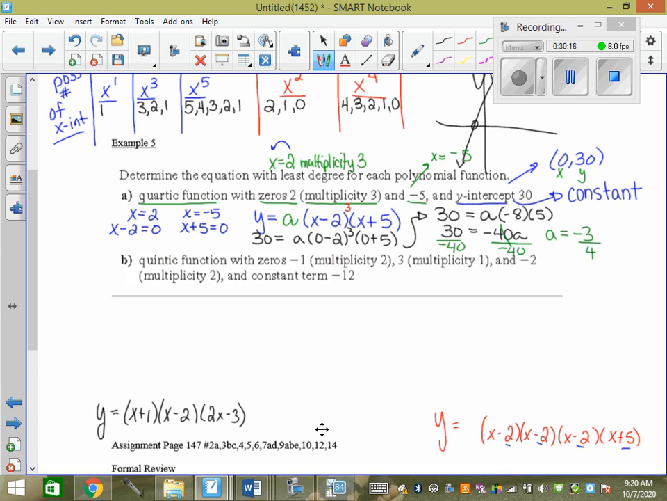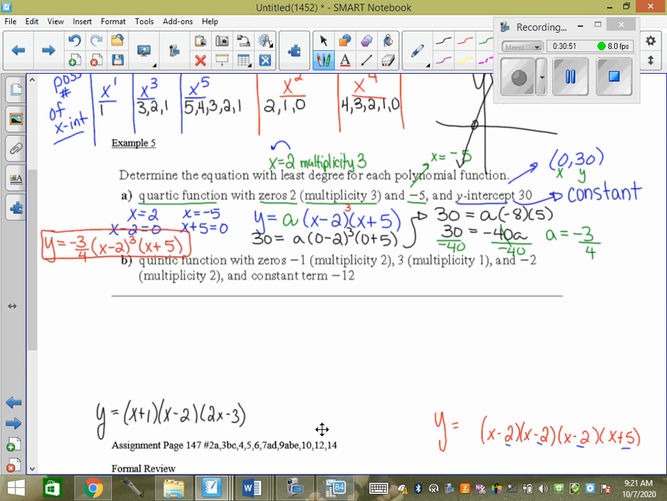That's lovely that a equals negative 3/4, but have I written out an equation? They wanted me to write an equation. So I'm going to go y equals negative 3/4 x minus 2 cubed x plus 5. And now I actually have the equation. Okay? So not a hard thing to do at all, but people will forget to cube, and people will forget